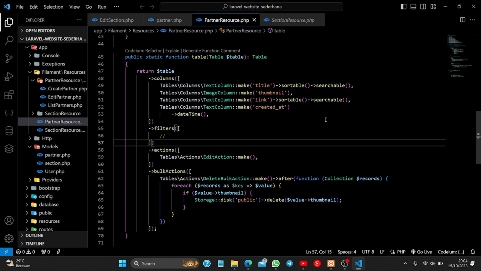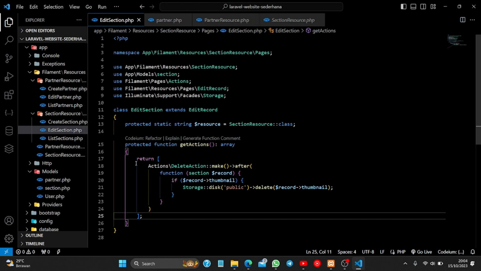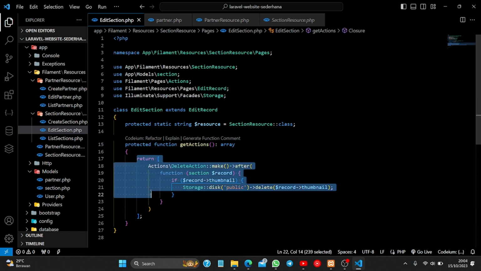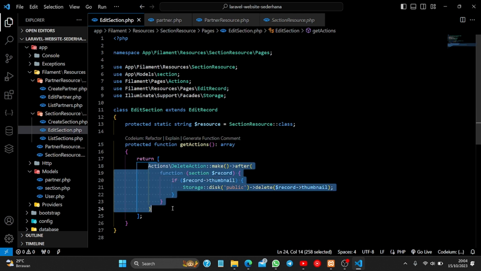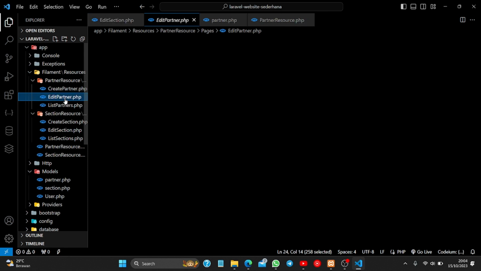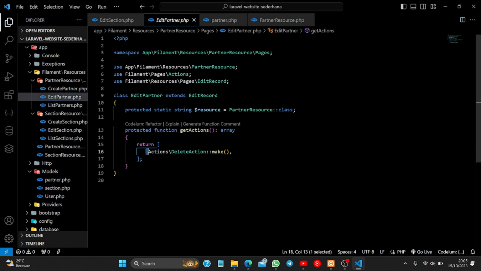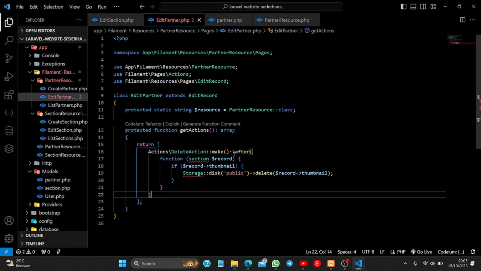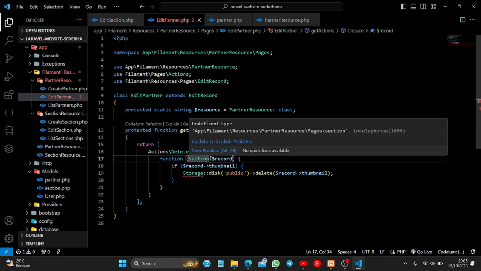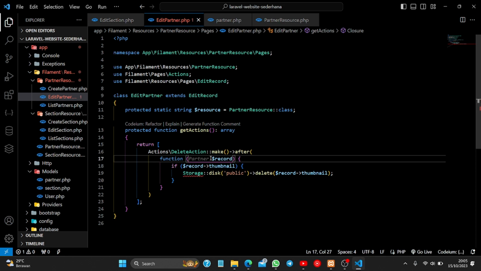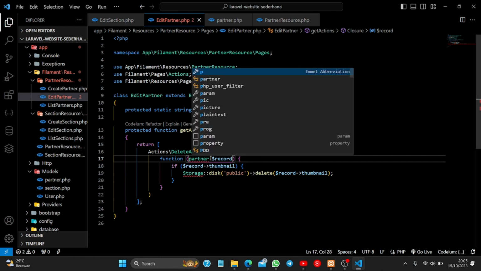Okay, next you can go to edit section, and then copy this return, or no, inside return action, so you can copy this, and then you can go to edit partner, and then you can change action partner, paste, and don't forget to save, and then you can change section for partner,